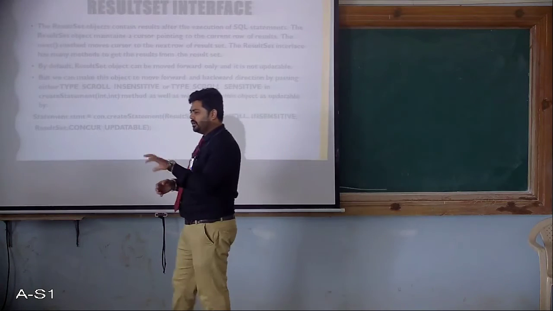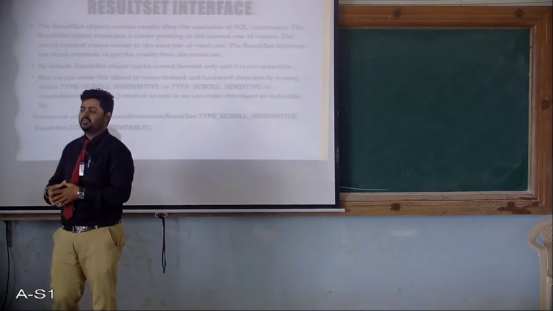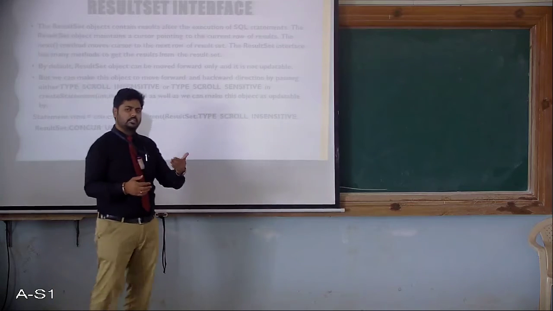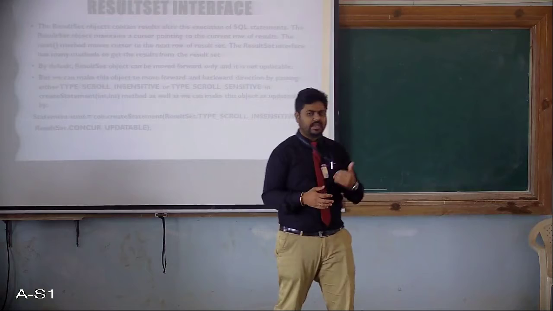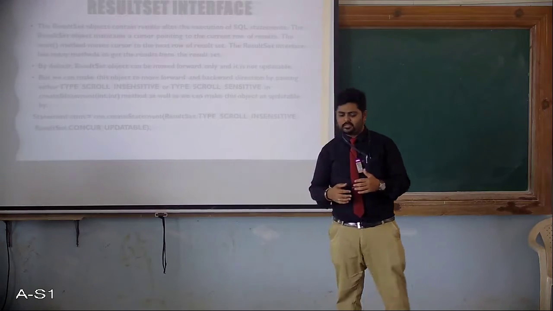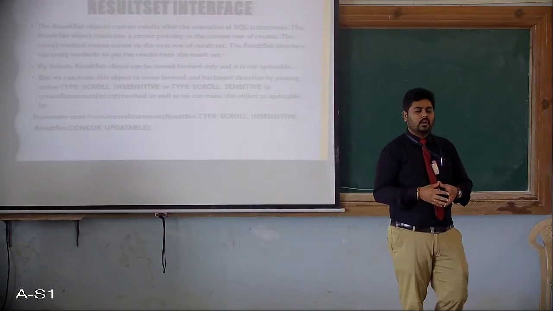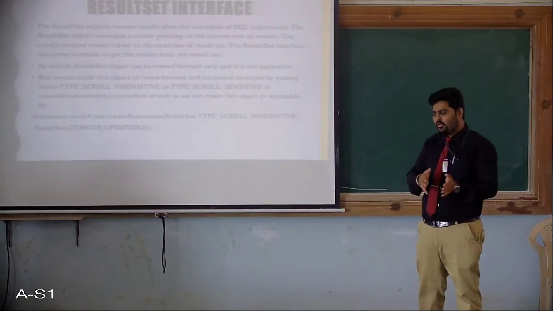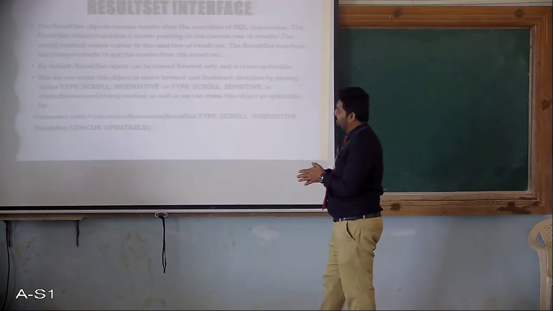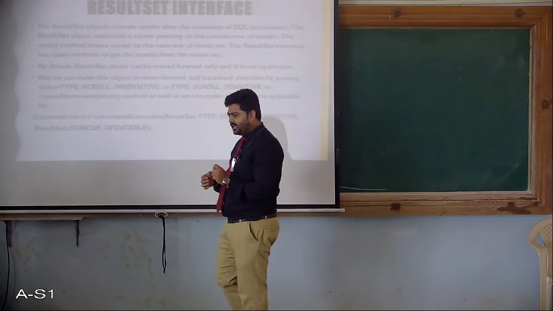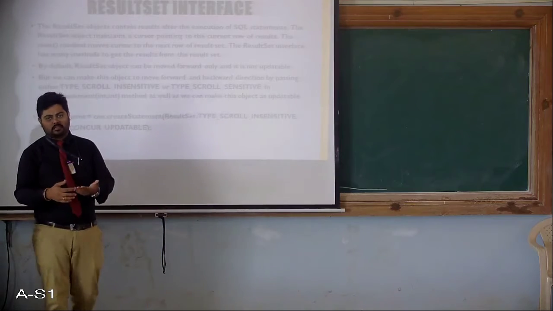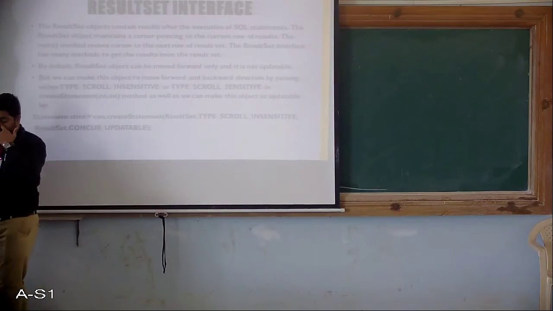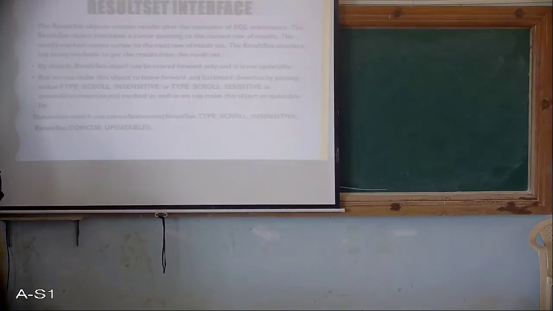So a statement is going to return some kind of results. Let it be insert, delete, update, or fetching the value from the database. Any type of SQL statement you execute is going to return one result set. To store that, we do have a table called a ResultSet, which indicates the rows and columns where the results will be stored. That is what your ResultSet interface works for.